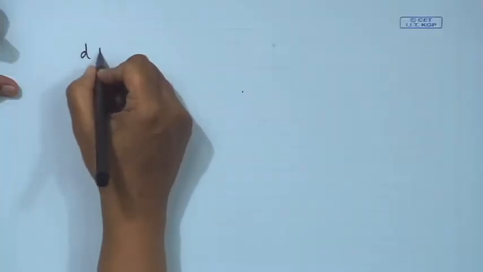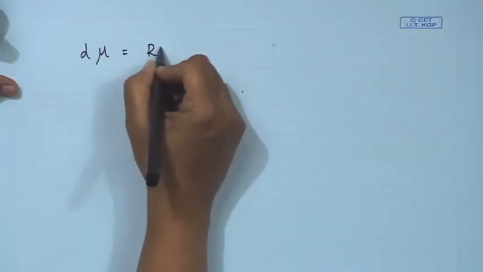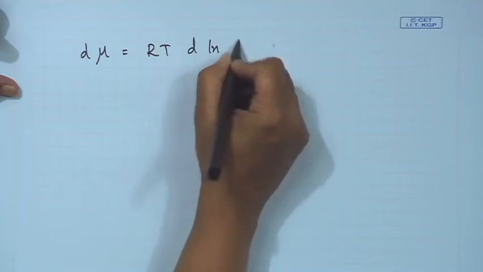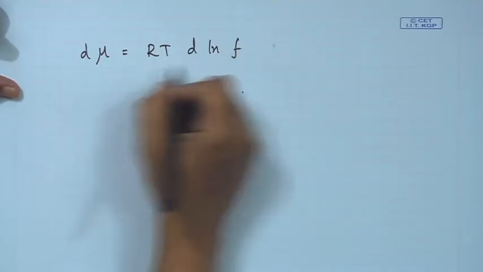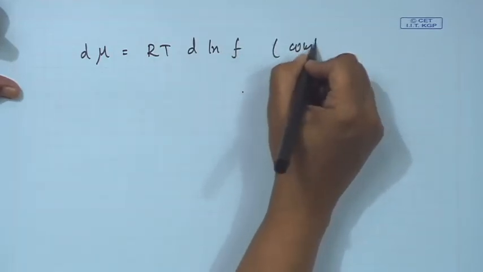Well, I continue my class from the place where I had left my previous class, just because this concept is slightly difficult to understand. So, I would like to revise where I had left the last class. In the last class, what did we do? I defined dμ as RT d ln f, at constant temperature,